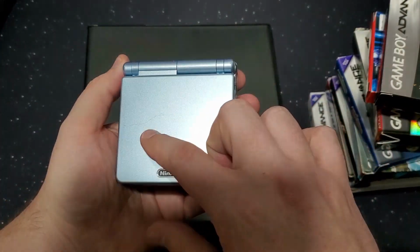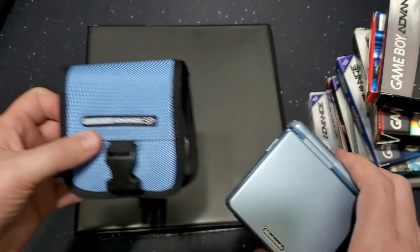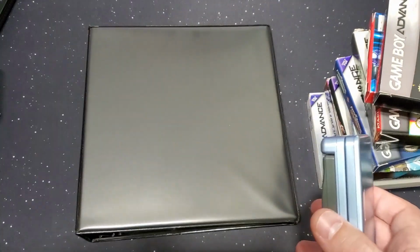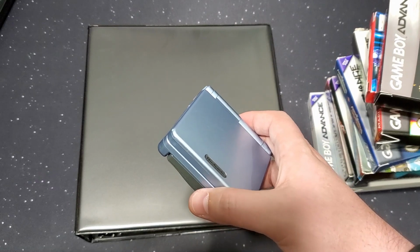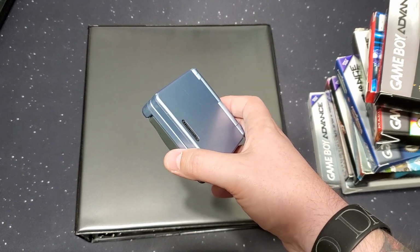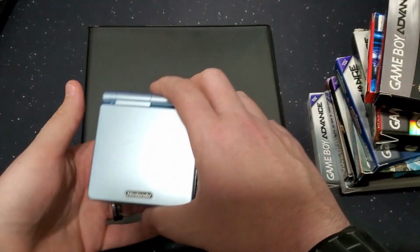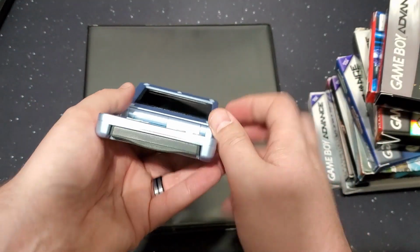I still use it. I've used it so much, unfortunately. I do have a case. This is what I normally keep it in, and that's how I protect it. That's one of my cases. I'll show you some of the others, if they aren't in storage. I think they're in storage or somewhere in the closet. But hey, I digress. So this is my Game Boy Advance SP, still in very good condition, and the game that's in it,